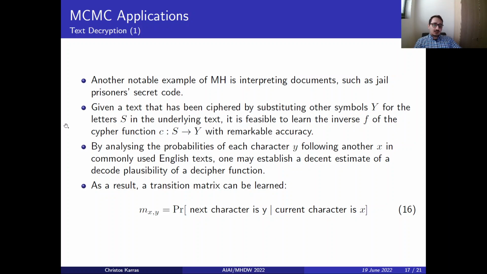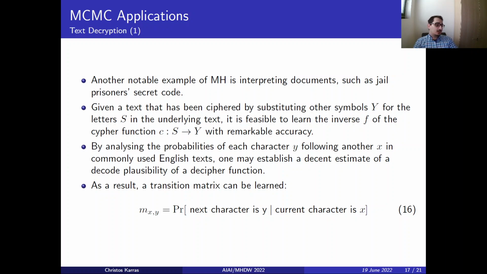Given a text that has been encrypted by substituting other symbols Y for letters S in the underlying text, it's feasible to learn the inverse function F of the encryption function with remarkable accuracy. By analyzing the probabilities of each character Y following another character X in English text, someone could create a decent estimate of the